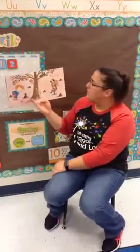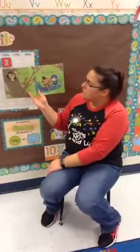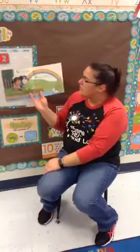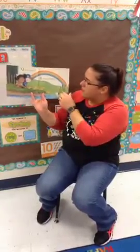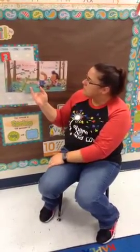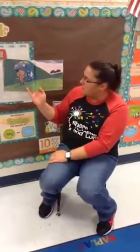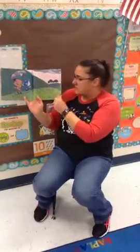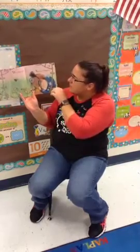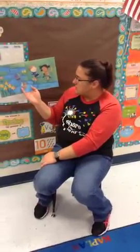M is for mole, N is for nest, O is for owl, P is for puddle, Q is for quack, R is for rainbow, S is for squirrel, T is for tadpole, U is for umbrella, V is for violets, W is for web, X is for examine, Y is for yacht, Z is for zigzag,